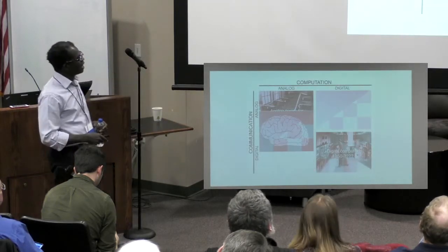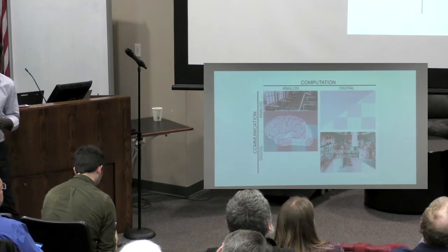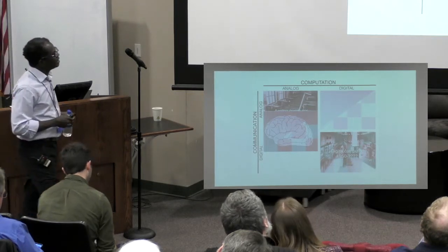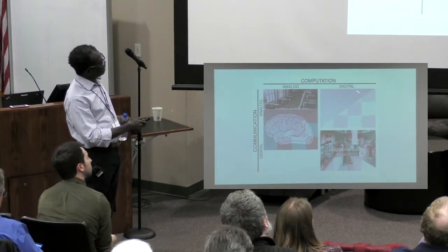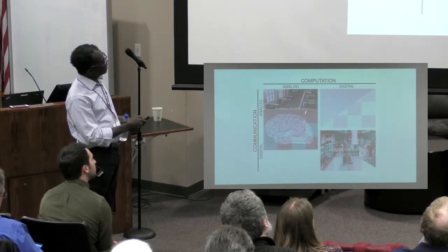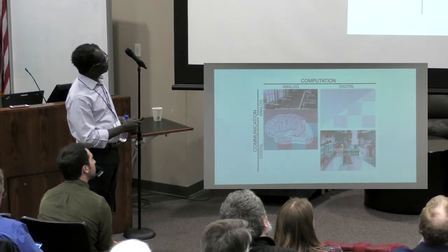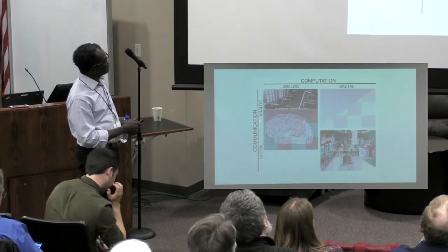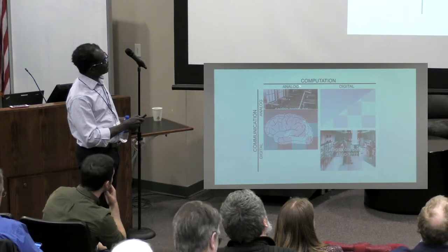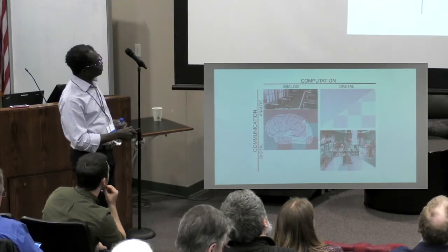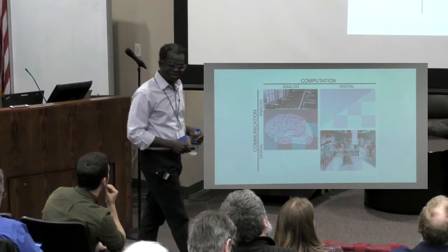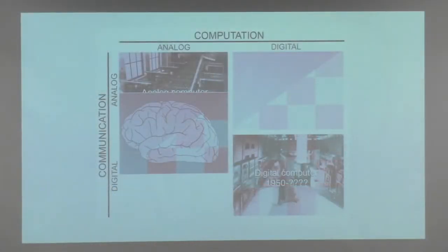And I like to summarize the way that I look at what the brain is teaching us as, when you design a computer, you have a choice of how you represent the signal for computation, whether analog or digital. And you also have a choice for how you represent the signal for communication, analog or digital. We went from this analog quadrant before World War II to this digital quadrant after World War II. You can blame Steve Furber at Manchester for this. And over here, the ENIAC at University of Pennsylvania, that's this picture.